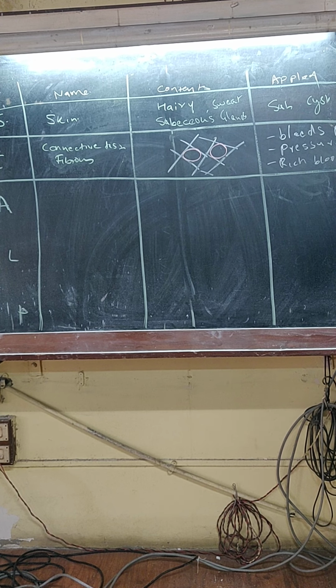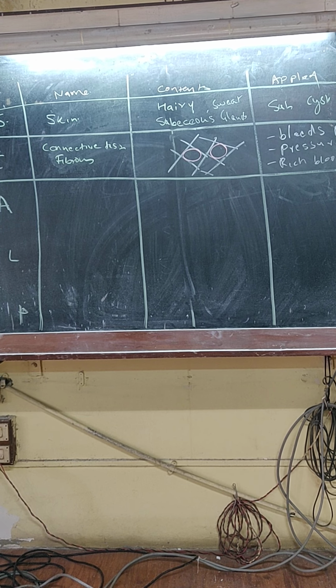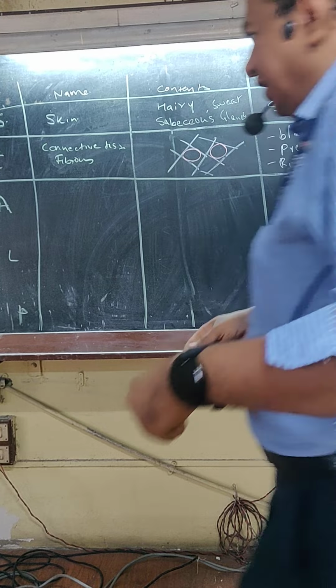So the second applied anatomy is that it bleeds profusely because the outer wall of the blood vessels is attached to the fibers, so they don't constrict, so pressure has to be applied to stop the bleeding of the skull. But there is so rich a blood supply that if sutures are needed, they put sutures, and it heals faster. Even the avulsed portion can be sutured back and heals faster.